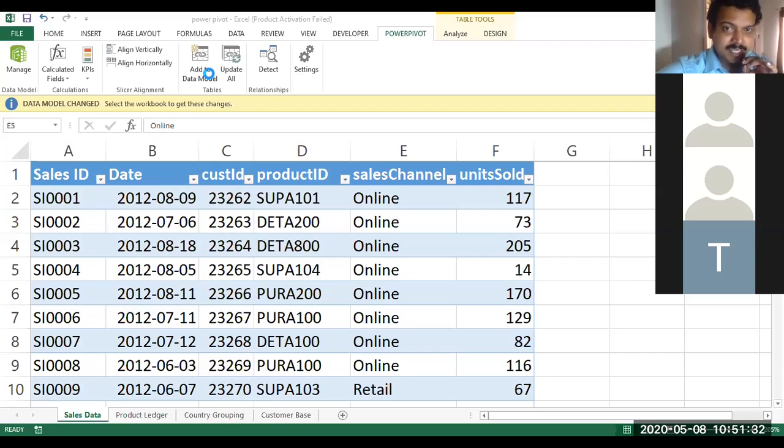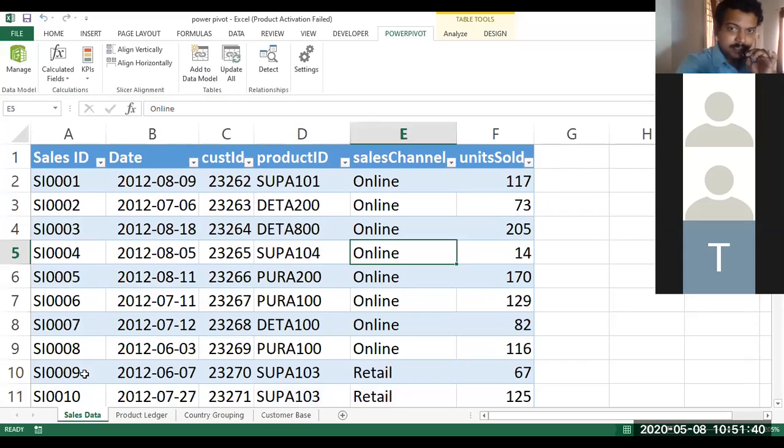So we have brought the sales table here. Like this, you bring all the four tables to this environment. Okay, so you go back to the other sheet. You can press Alt and Tab, and you can go to the other sheet.